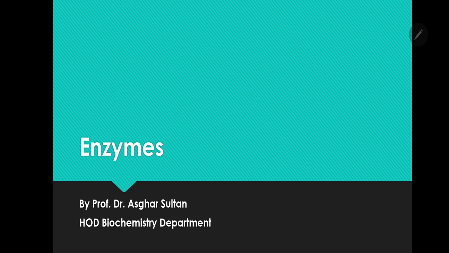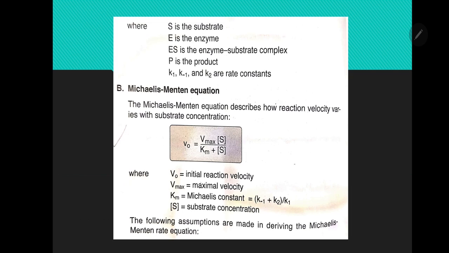Now, in my previous lecture I finished on the equation, that is the Michaelis-Menten kinetics equation, and what I want to show you in that equation is that, first of all, before understanding this equation, we must know how the enzyme-substrate reaction takes place,